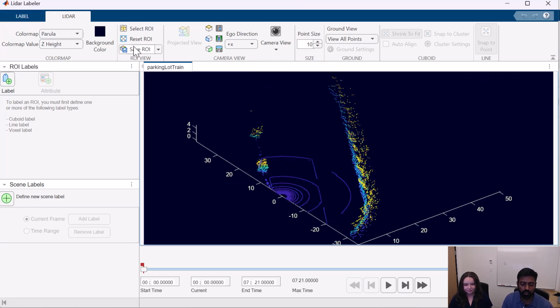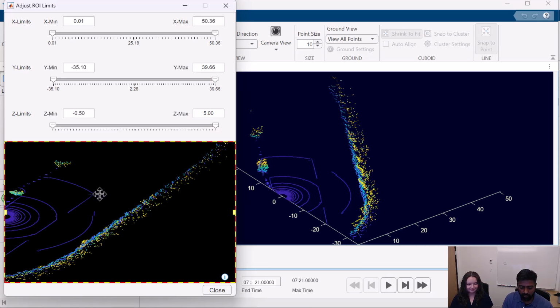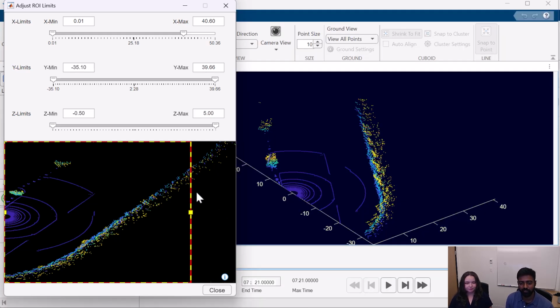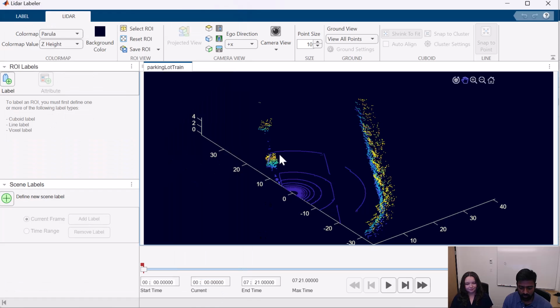There's also regions that you can select. So if you want to focus on a small area of your frame, you can use the select ROI button here to basically crop your data. But since we had already done this in the previous video, we're going to skip this option for now. But if you want to crop your data further, you can still use the options here to set the limits and get the data to a position that you want it. And it looks like you can either use numeric limits or you can drag the sliders here to adjust the boundaries of your crop. So I'm going to close this one.